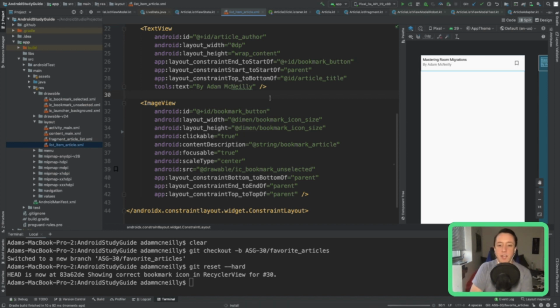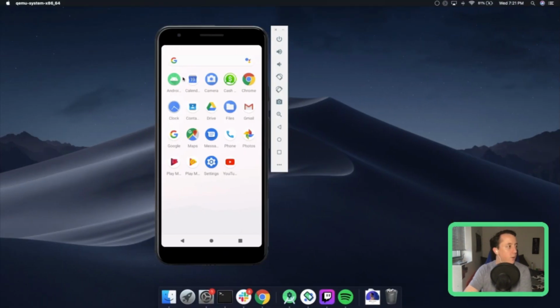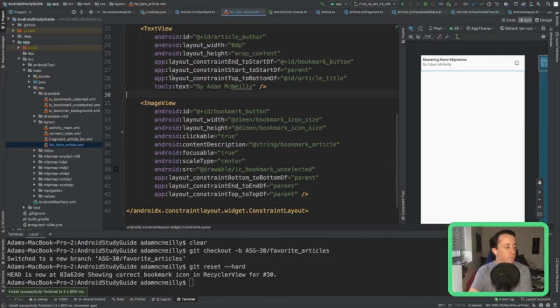I don't think there's any long running operations other than looping through the article list, which I suppose we could consider trying to run in a coroutine or something. But no long running operations I know of other than passing that click event around.